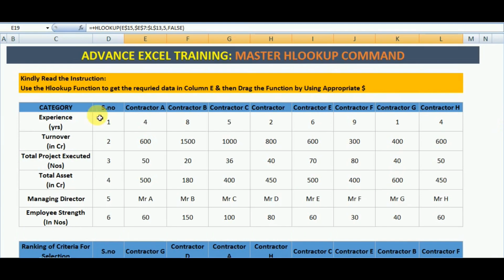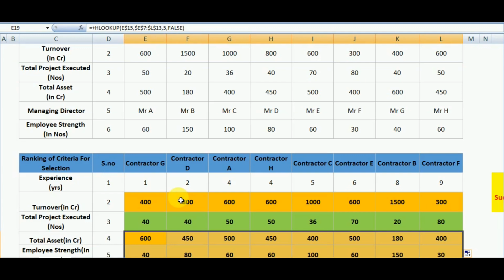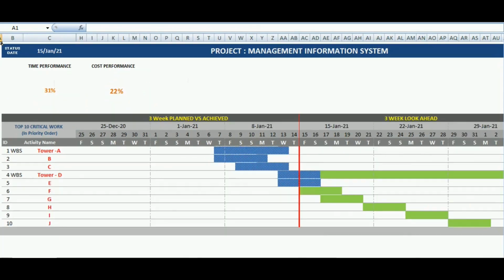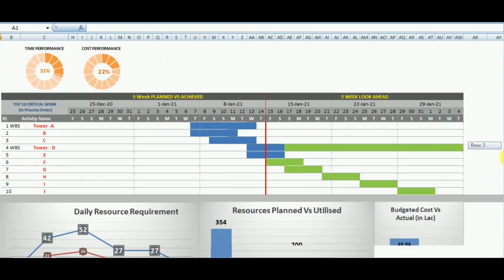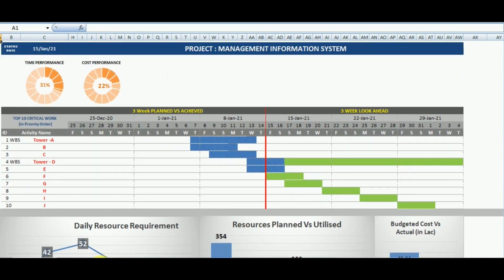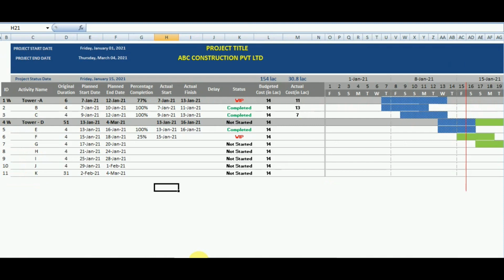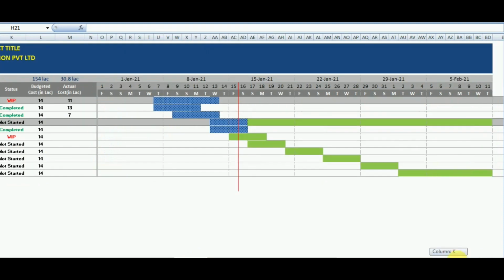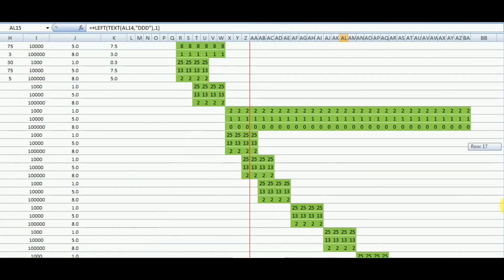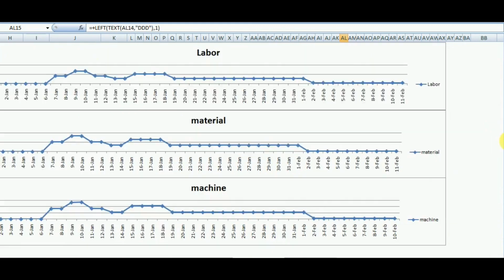So in this way, the entire entry of the data is done automatically by the use of the HLOOKUP command. Now we will be creating the project information system and the management information system. While creating this, it will be equivalent to Primavera or MSP. The same way of working will be there, and we'll be getting the data. Excel provides more flexibility, and hence this tool will become an asset for you. We will have a schedule, we will know how to prepare a Gantt chart, and remember, once you master this, you will only require 30 minutes to create this entire sheet for any project.